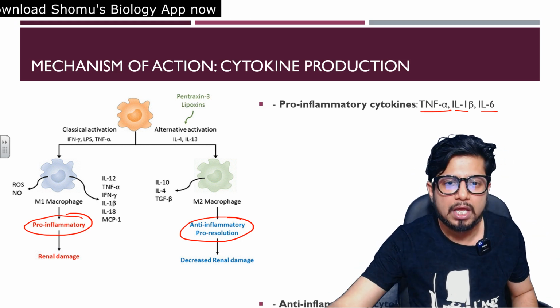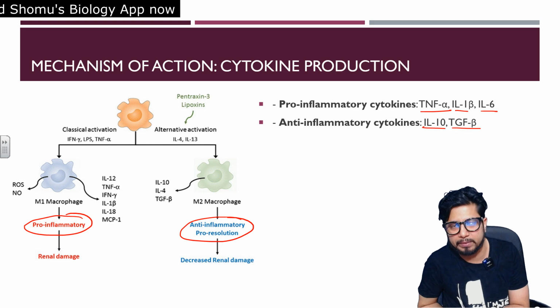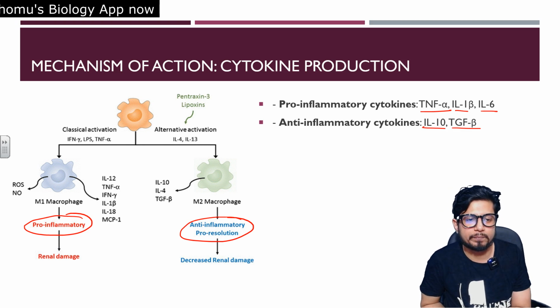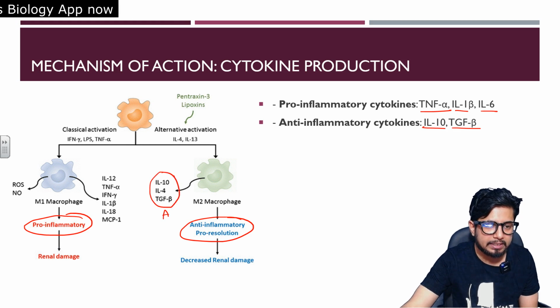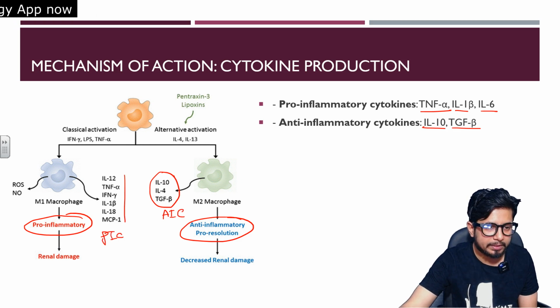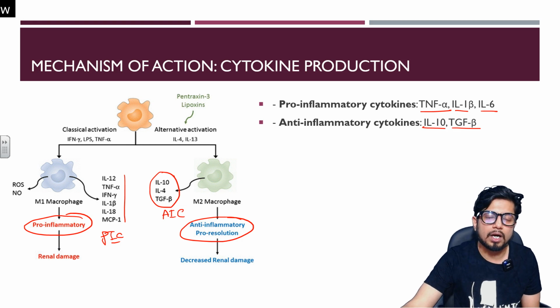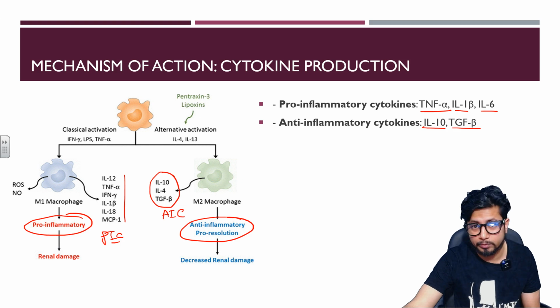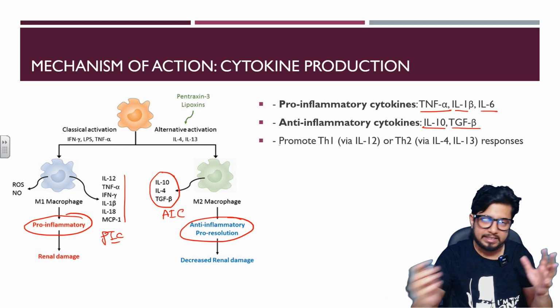of inflammatory response. While there are anti-inflammatory cytokines like interleukin 10 and transforming growth factor beta, TGF beta. Interleukin 10 and TGF beta, and also interleukin 4, are among the anti-inflammatory cytokines. These are anti-inflammatory cytokines, and these are all inflammatory or pro-inflammatory cytokines. Always remember the difference. Anti-inflammatory cytokines will not cause any excessive amount of the inflammatory response. It actually tries to prevent it. That's their job. So this release of pro-inflammatory and anti-inflammatory cytokines promote either T helper 1 or T helper 2